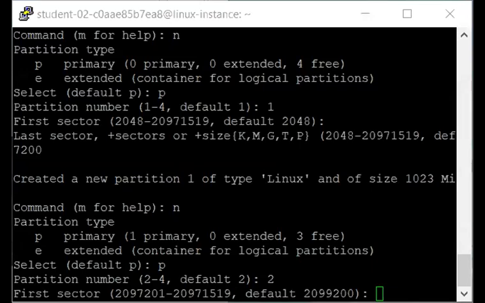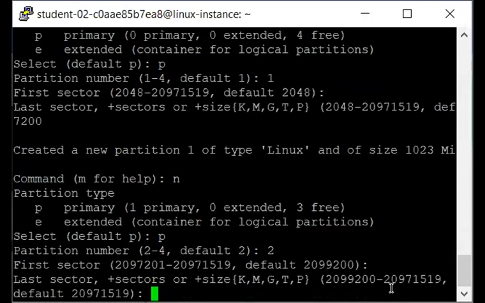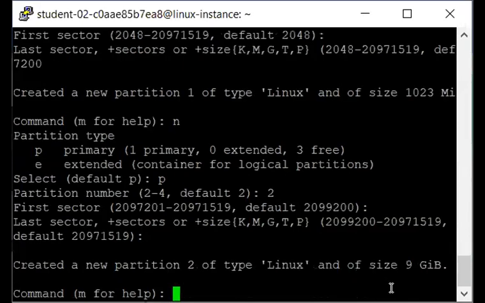So for the last sector, for the default one, press enter. Also select the default last sector. A help option is also there. The second partition is now created.